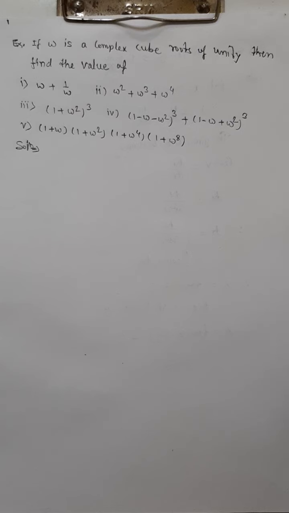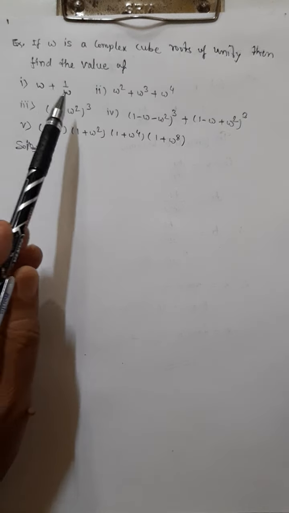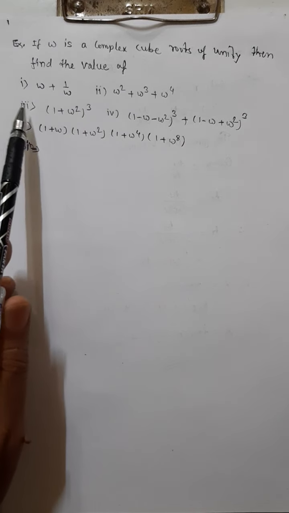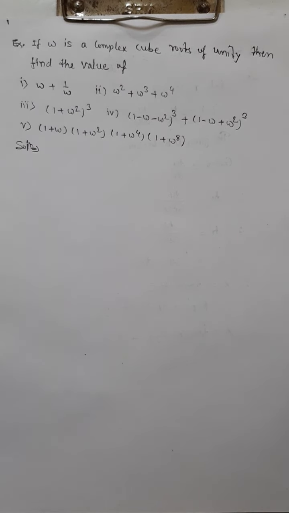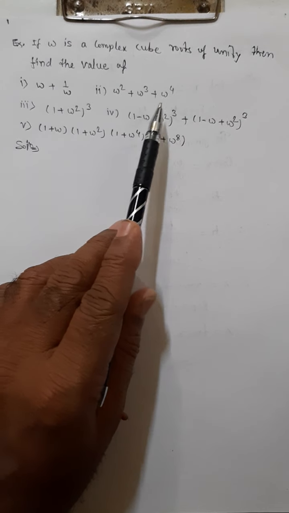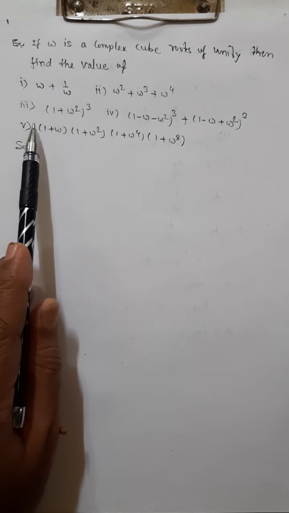Today we are going to solve the problems on the article complex cube roots of unity. So see your example. If omega is a complex cube roots of unity, then we have to find the value of first problem omega plus 1 upon omega, second omega square plus omega cube plus omega power 4, third 1